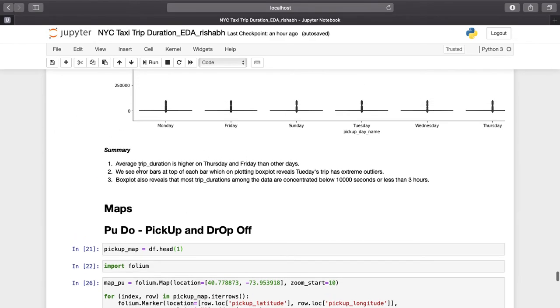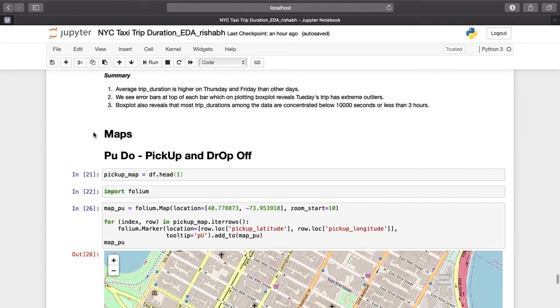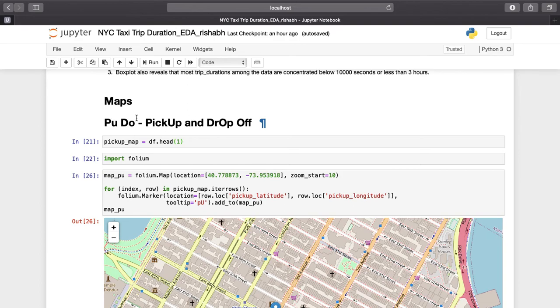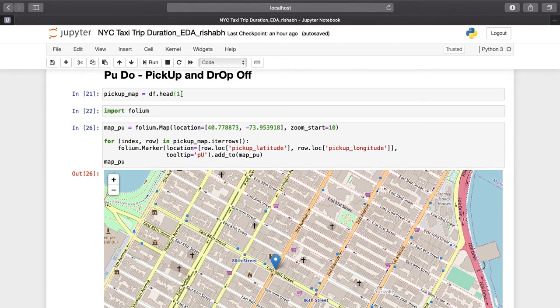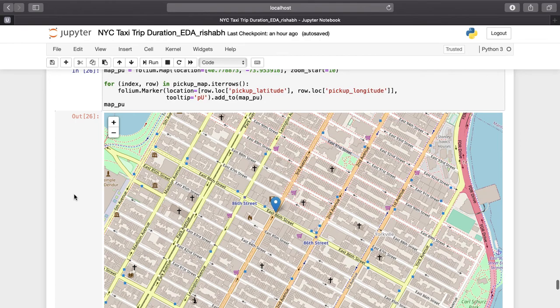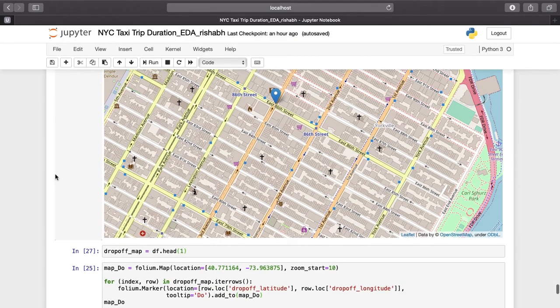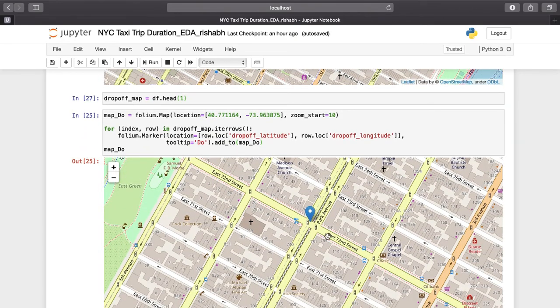Now this is basically the end of bivariate. After this, I tried mapping pickup and drop off points, and I used Folium for this. I am taking just one point right now. One pickup location, with the help of latitude and longitude, I marked it near 86th Street, meaning my rider sat somewhere on 86th Street. The cab started, ran for 400 seconds, and came to a halt at 72nd Street, the Park Avenue area.